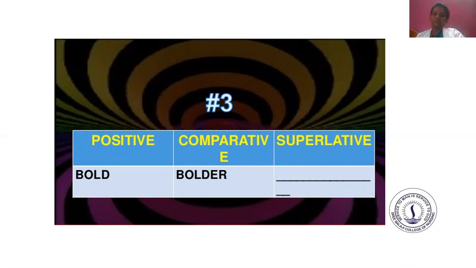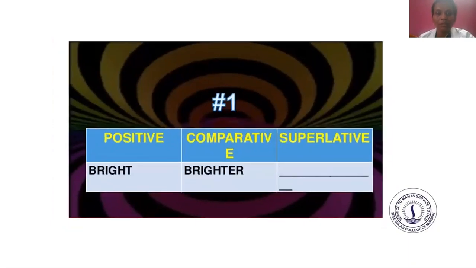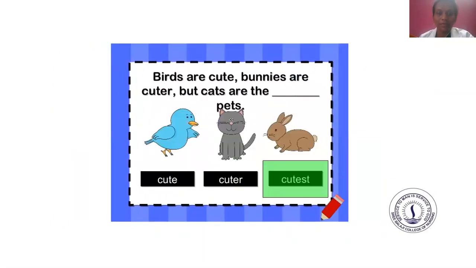And superlative, adding -est to the form, and you are comparing yourself with more than two persons. You can say "I'm the boldest in my family." So you are comparing yourself with all other members in your family. So, I'm bold, I'm bolder than my brother, and the superlative is "I'm the boldest in the family." When compared to all others in the family, you are the boldest. So this is how you have to learn degrees of comparison.